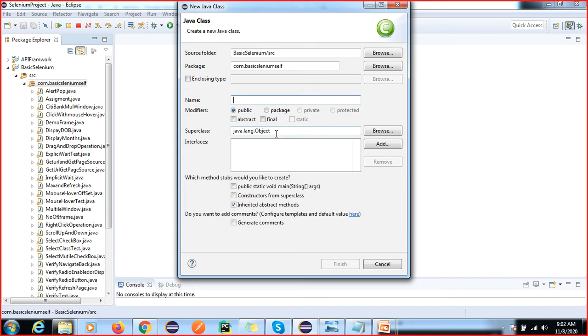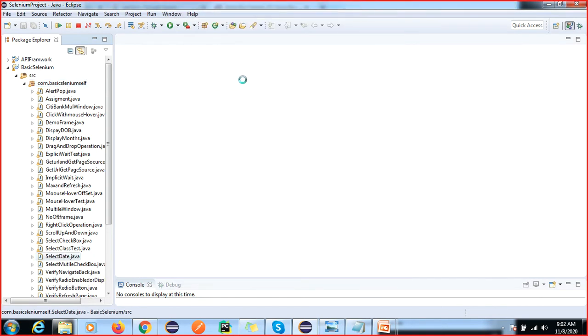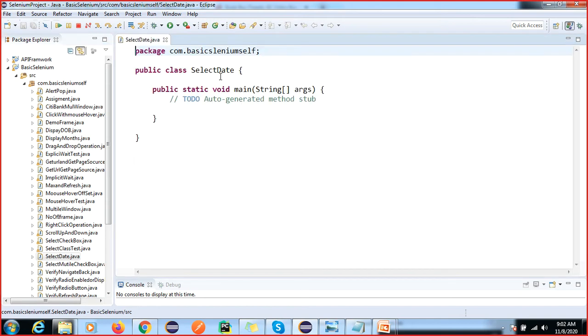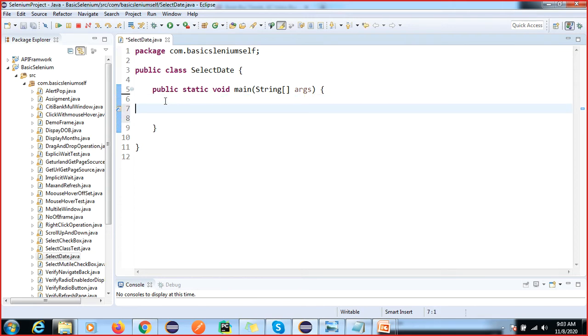Here we have select date, or you can write dynamic table, anything as per your test cases. We can write the class name or framework as per the framework development. What is the use of these classes we are writing over there? This again depends upon your project.